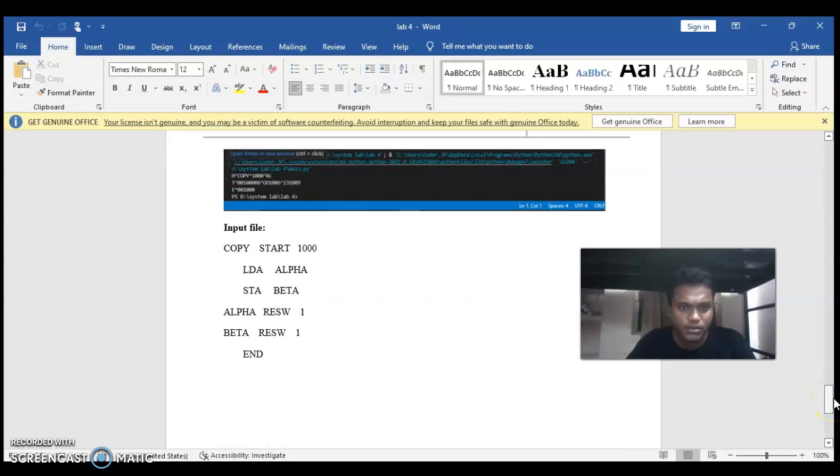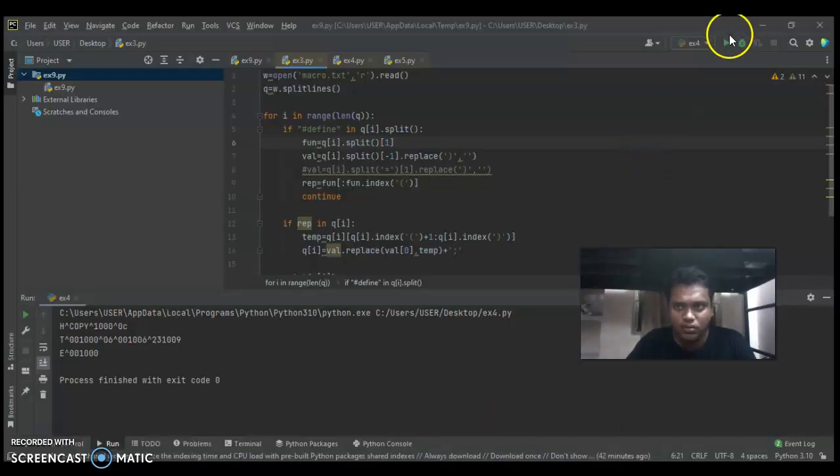The input file COPY START until here data. Now we have to see the output of this. We have to run it and this is the